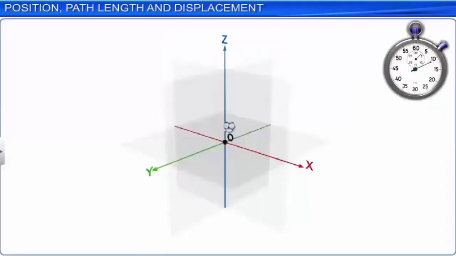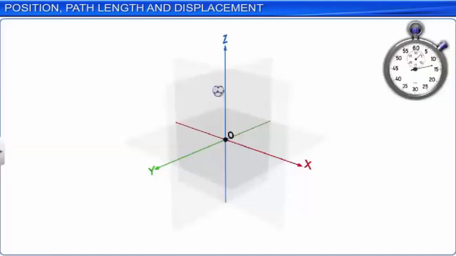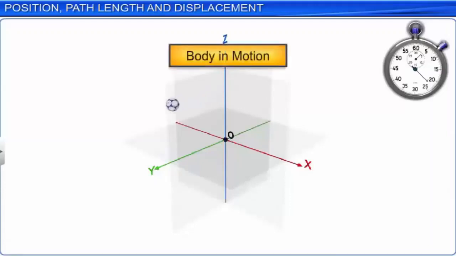A stopwatch is included to complete the frame of reference. When any one or more of the coordinates change with time, the body is said to be in motion with respect to the frame of reference. The motion of a body with respect to the frame of reference could be